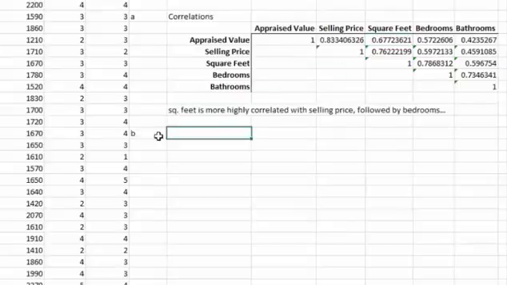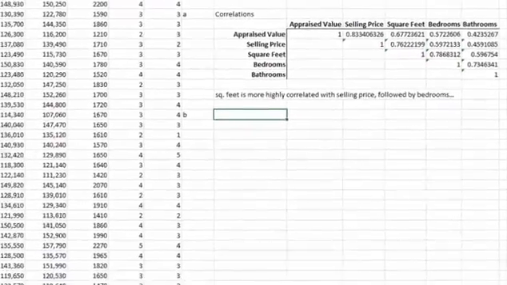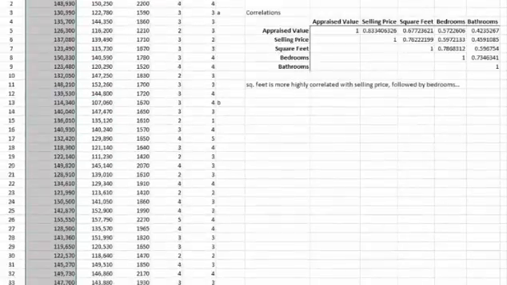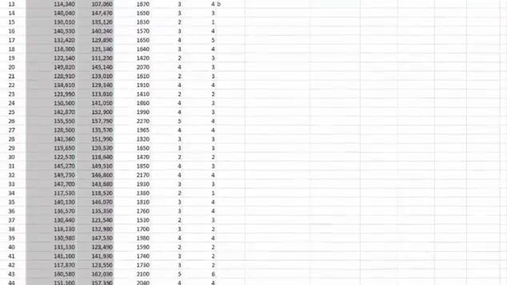B says create 4 scatter plots to show how the other 4 variables are related to selling price. In each, selling price should be on the y-axis. Are these in line with the correlations in part A? Very easy to create scatter plots in Excel, and all we need to do is select the data we want to pair. So I'm going to select the appraised value data here, then I'm going to hold down Control and select the next variable I want to put in this scatter plot,